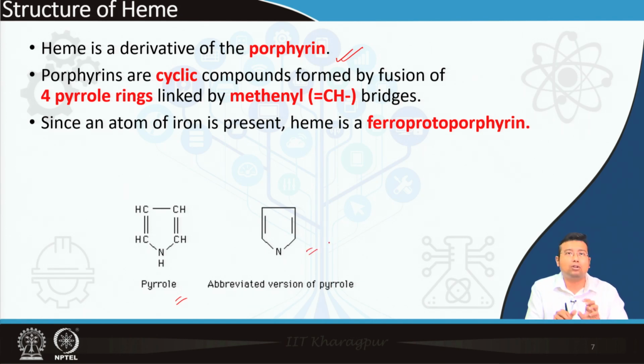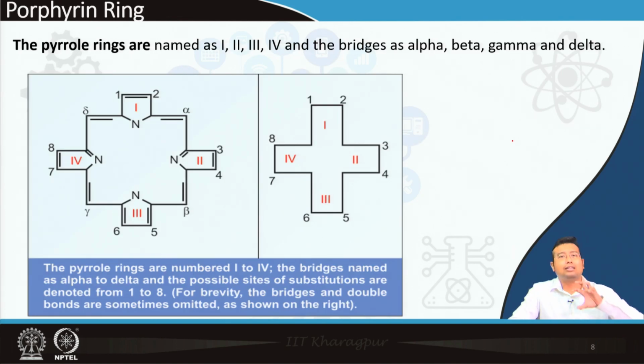And these 4 pyrrole rings are linked by methynyl bridges, and since an iron atom is present, it is also a type of ferroprotoporphyrin. Okay. Heme is a ferroprotoporphyrin. We will be discussing what we mean by protoporphyrin. Okay. So, then regarding the nomenclature of pyrrole rings, they are named as alpha, beta, gamma and delta, okay, based